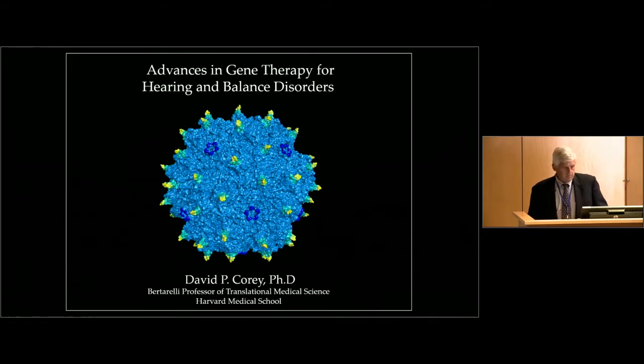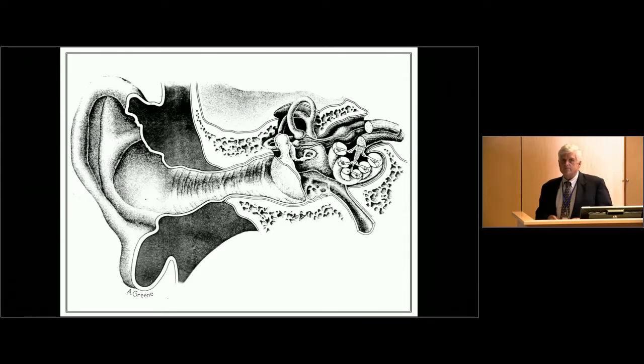So let me start by giving you a little bit of a tour of the inner ear. If I were to cut a cross section through my head about this way, what you can see is that you would see the external ear, the pinna, which collects sound. The sound is funneled down the ear canal to where it hits the eardrum. So that's the outer ear. The eardrum is connected to 3 bones of the middle ear. And so this is a moist, fluid-filled space that serves to couple the vibration of the eardrum into the inner